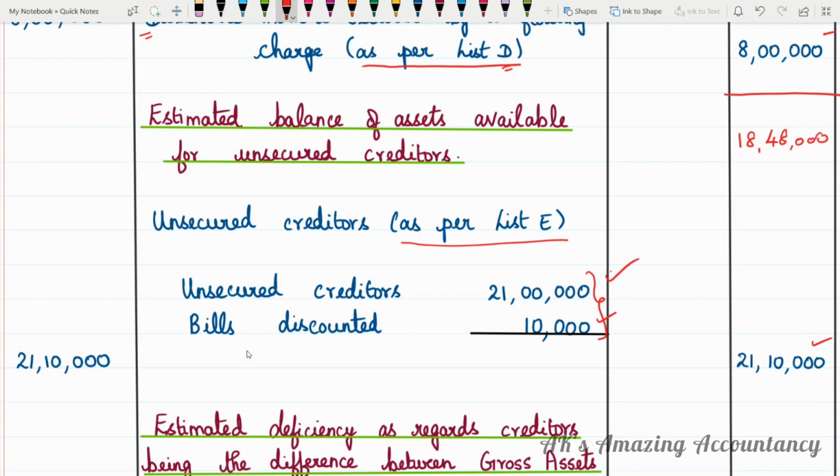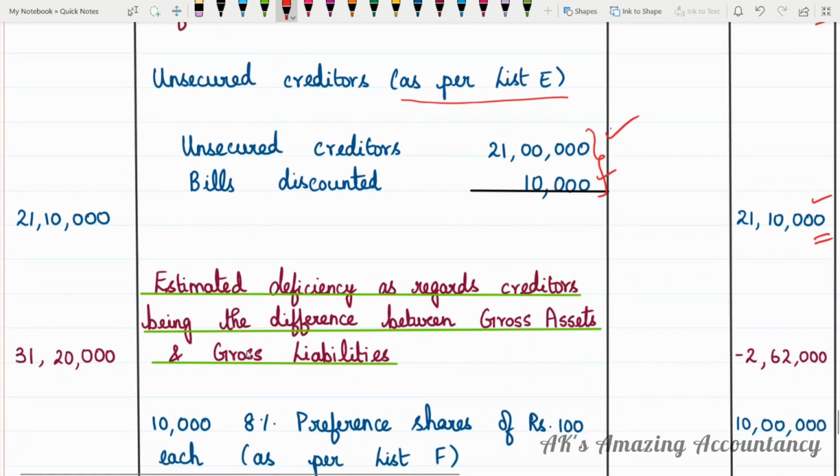See, you have a surplus of only 18 lakh 48,000. But how much is unsecured creditors? 21 lakh and 10,000. So now 18 lakh 48,000 minus 21 lakh 10,000. It is at this particular point you will be getting a negative amount. Okay,